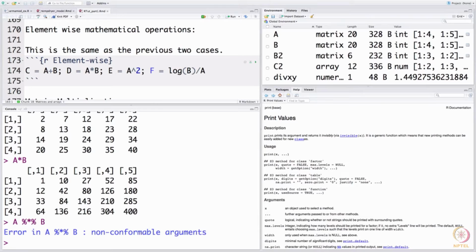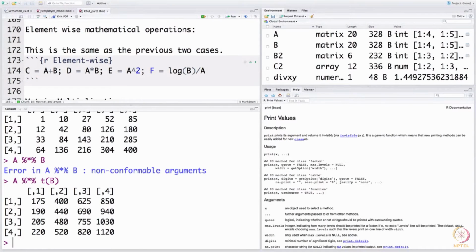Obviously not, right. On the other hand, I could take the transpose of B, and that is achieved by the T, in which case now the transpose of B would be a 5 by 4, and then I could multiply. The result is of course a 4 by 4, right. So, that is what one has to keep in mind. And like vectors, when you square an A, just a matrix, it does an element wise square. Remember, if you want the true square like in a matrix square, then you would have to actually do the thing that we just did.